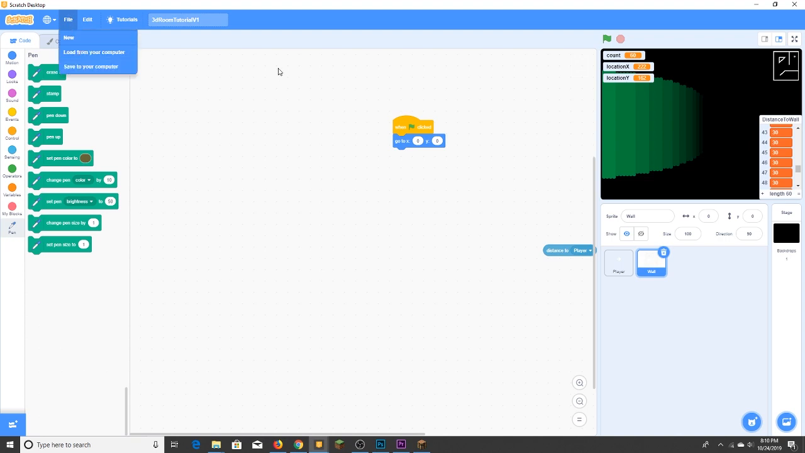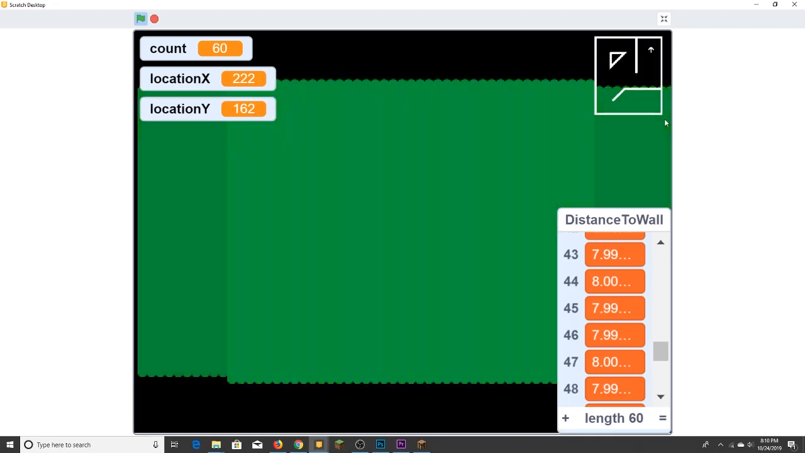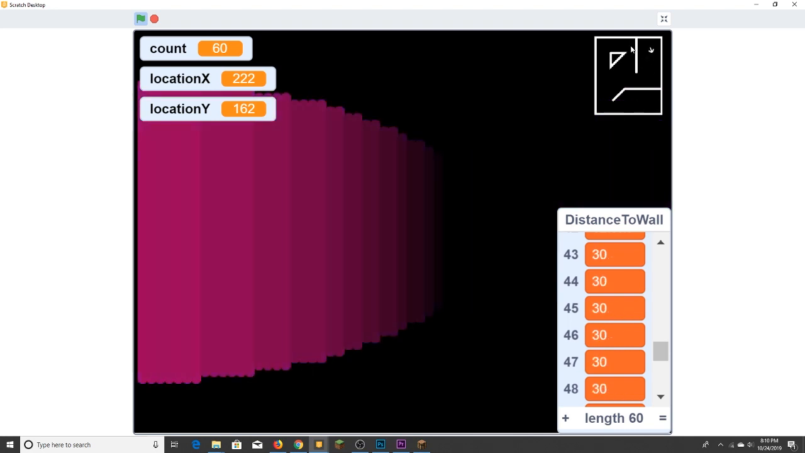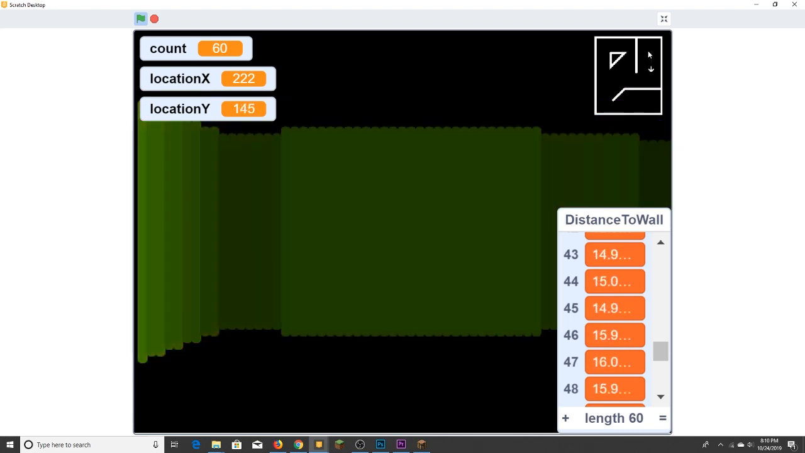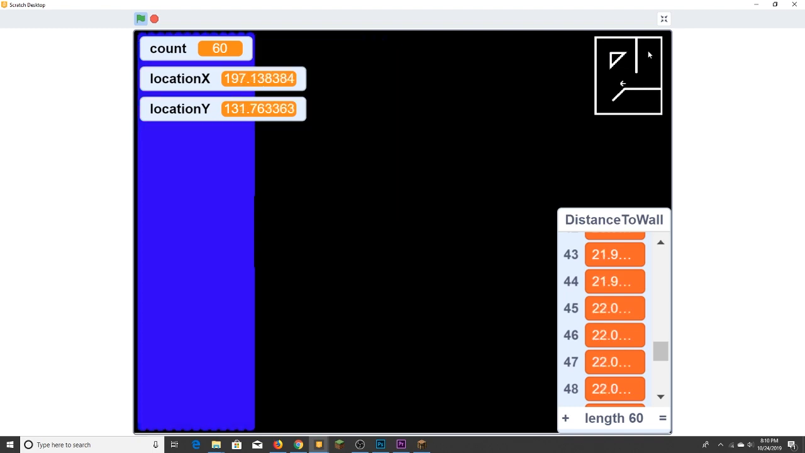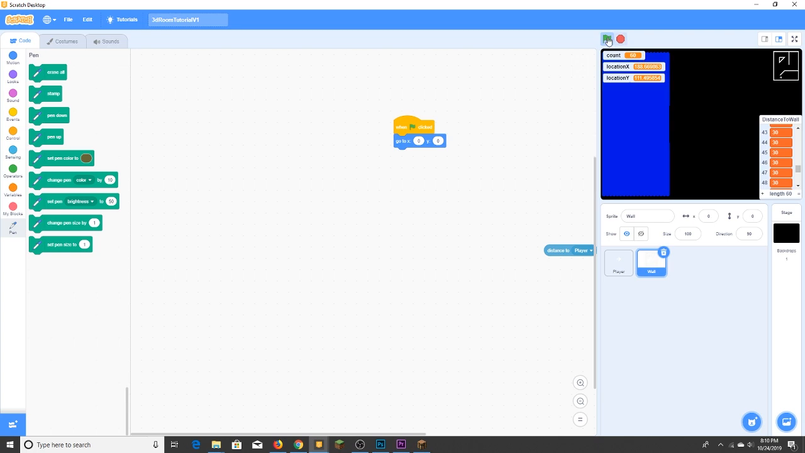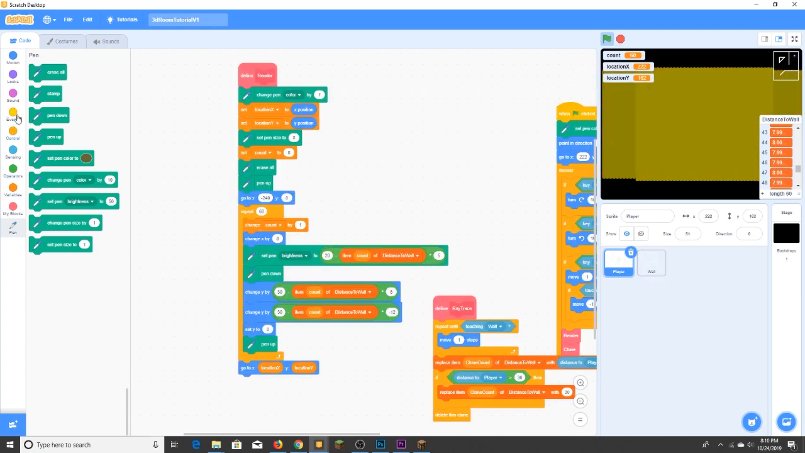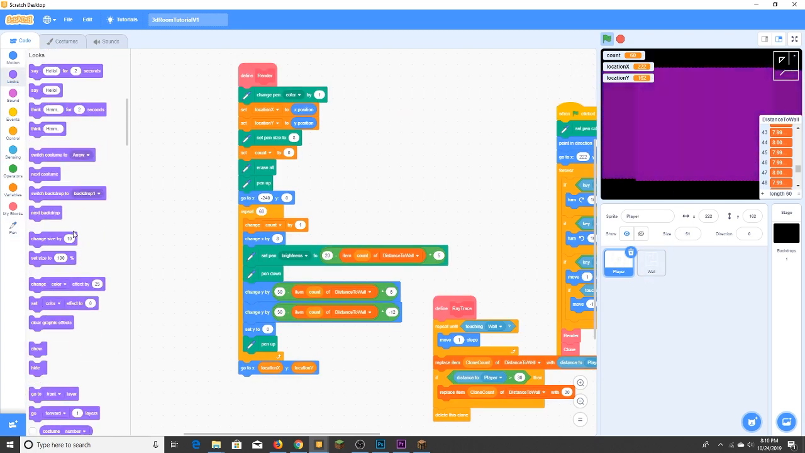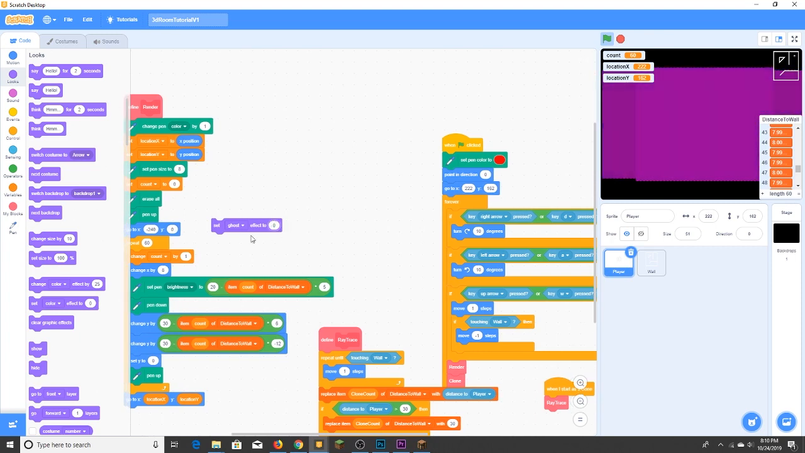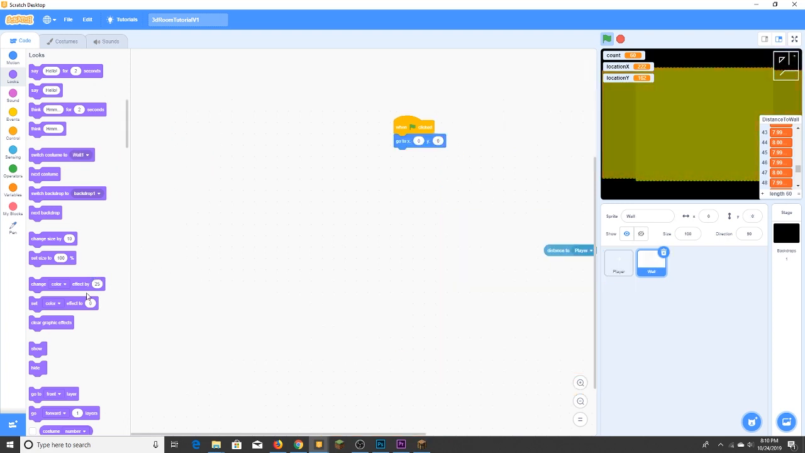But let's say you're making a maze, but you don't want the person to just be able to look up here in the corner and then just follow where to go based off of that, because that makes it way too easy. So what you can do is at the start just say set ghost effect. Now you can't hide, as hiding it will get rid of collisions so that it won't work. But if you say set ghost effect to 100 and set ghost effect to 100,